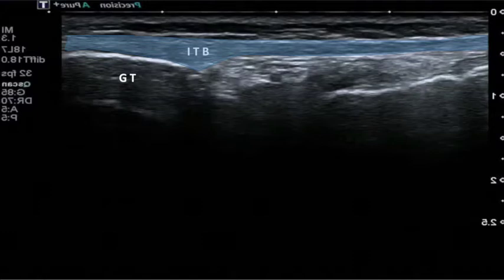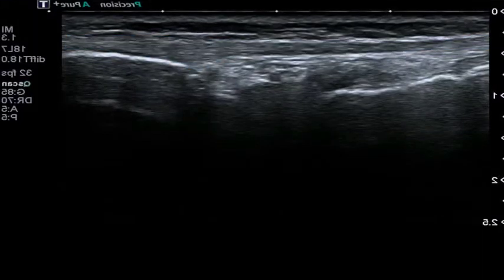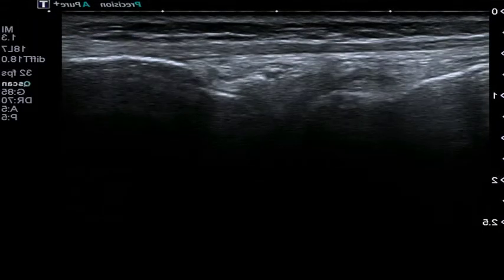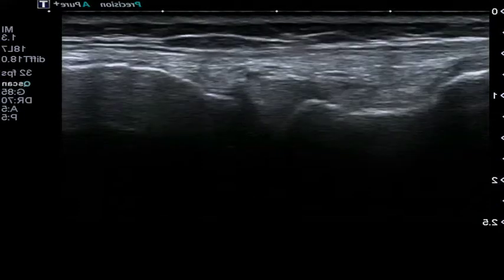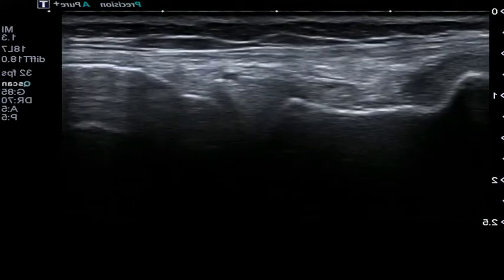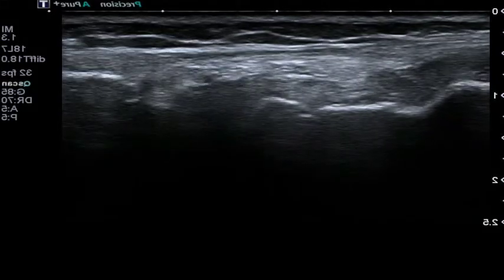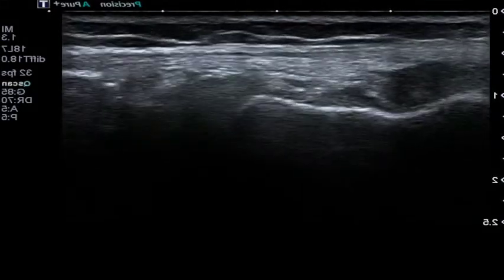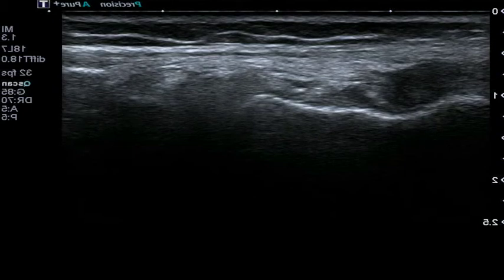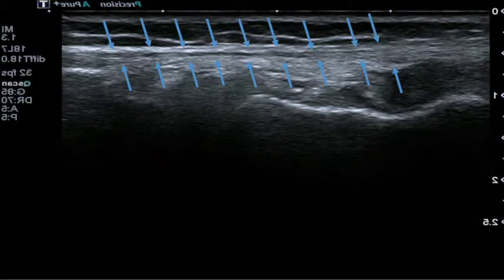This is a typical ultrasound image with the tibia on the left and the femur on the right. The ITB is here with its insertion on Gerdy's tubercle. So when we move the probe posteriorly, the ITB disappears from the image, but a new hypoechogenic fibrillar structure appears on the left side of the image. Once the probe is turned to the major axis, this is the anterolateral ligament. You can clearly see the separation between the two structures.